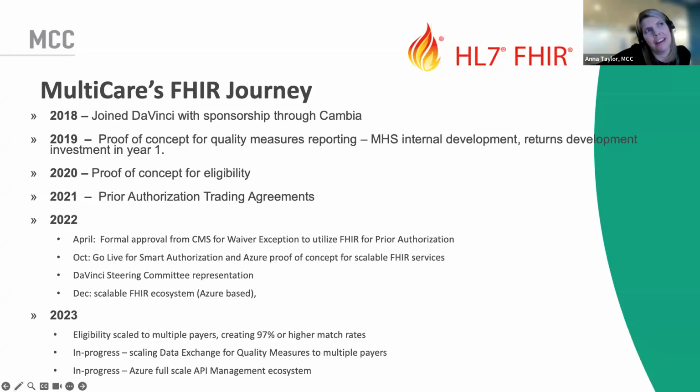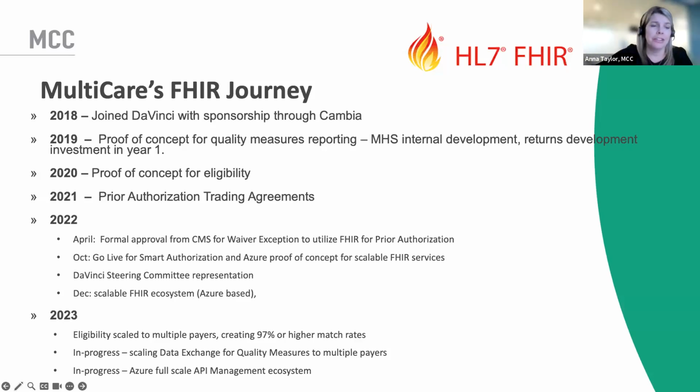Let's just try it off the side of our desk, see what happens. So we got a team together that essentially met to try out a proof of concept to report quality measures using FHIR through a digital conversation, an automated conversation. And I'm going to show you some results of that initial pilot in a few minutes, but it turned out to be a wonderful thing.